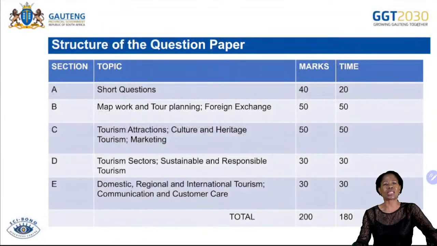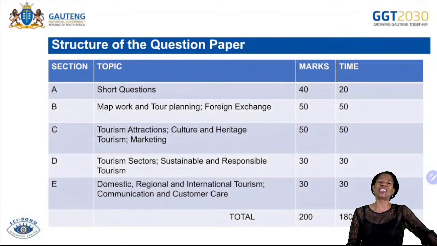And then how is our structure? Inside your question paper, the first 2 pages after the instruction, you will see our structure, whereby we have section A, which consists of short questions of 40 marks, and then you must spend 20 minutes on that section of short questions. Section B, map work and tour planning, foreign exchange also, 50 marks, you spend 50